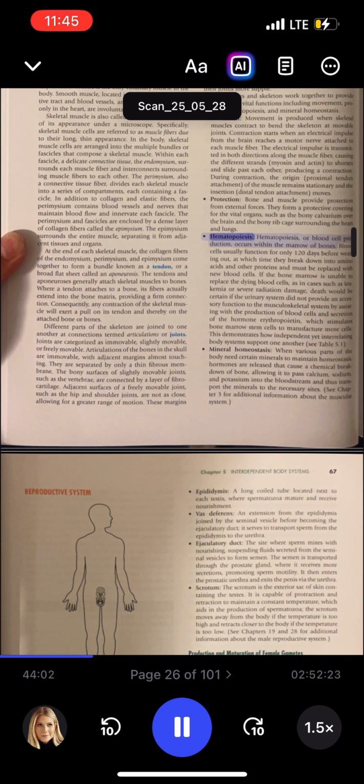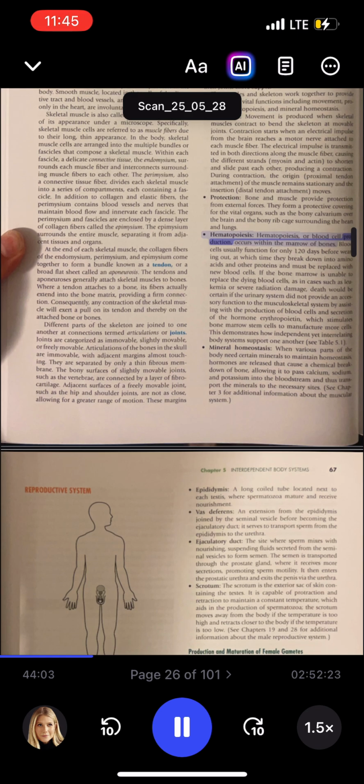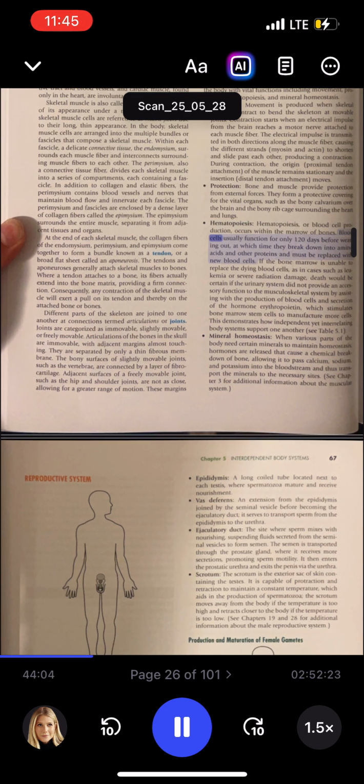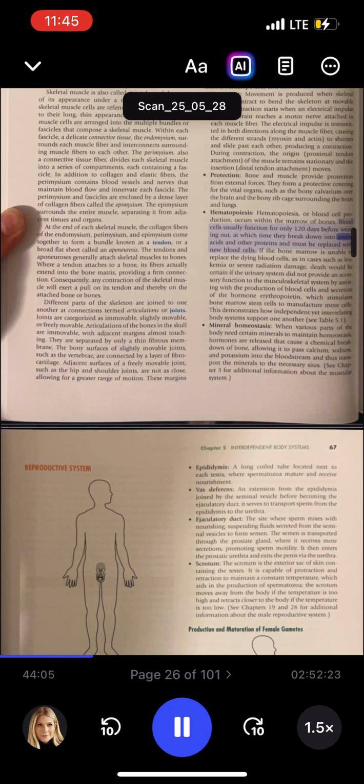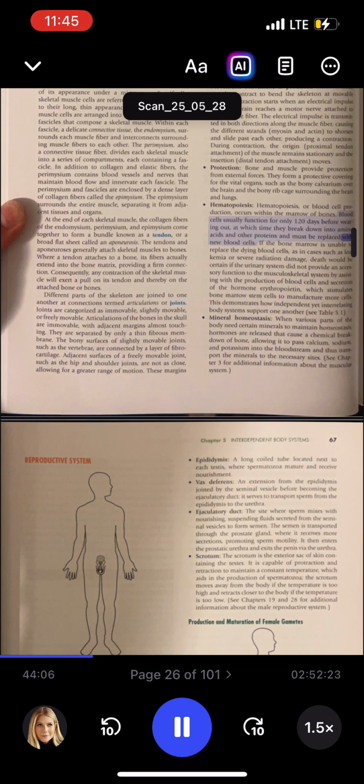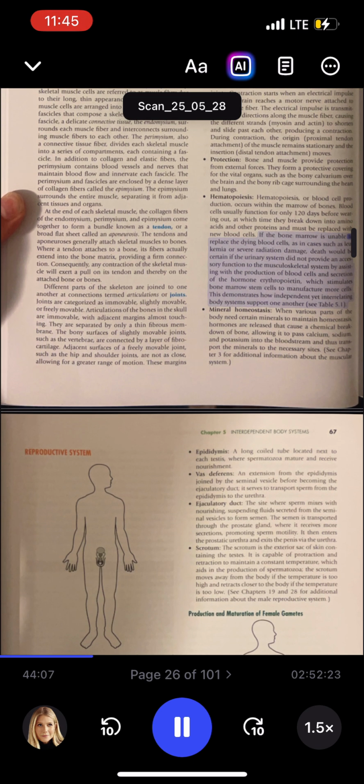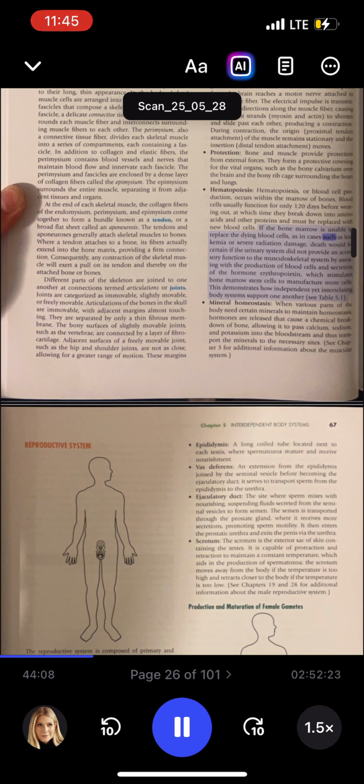Hematopoiesis, or blood cell production, occurs within the marrow of bones. Blood cells usually function for only 120 days before wearing out, at which time they break down into amino acids and other proteins and must be replaced with new blood cells. If the bone marrow is unable to replace the dying blood cells, as in cases such as leukemia or severe radiation damage,